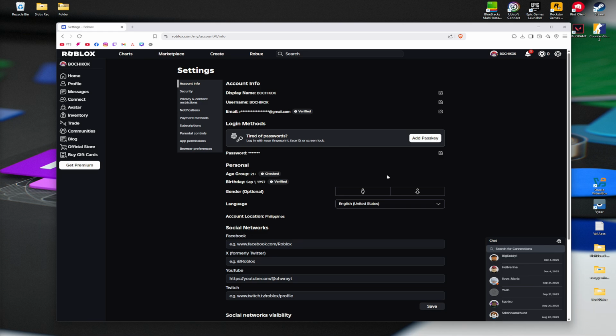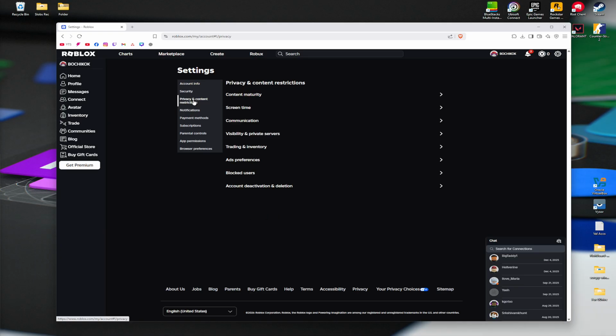So just click on that verify button, follow simple prompts, and once done, if it asks you to verify your phone number, you can just go ahead and easily verify your phone number, just add it. Depending on your region, some regions ask you to verify your phone number. So just click on verify, follow simple prompts, and once done, let's go ahead over to our privacy and content